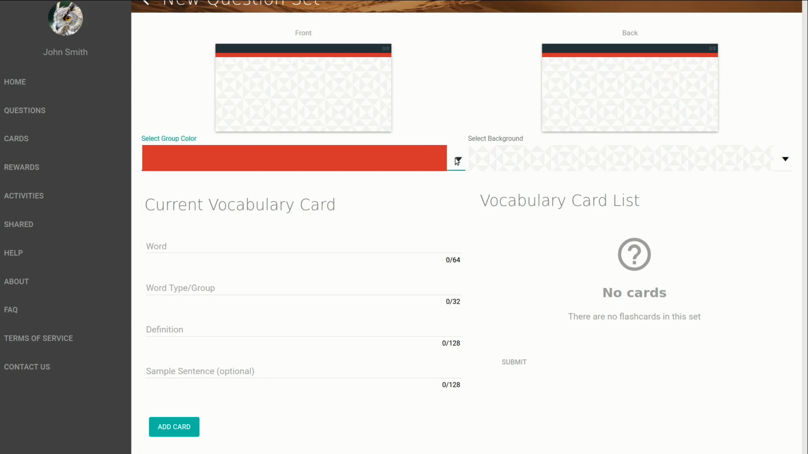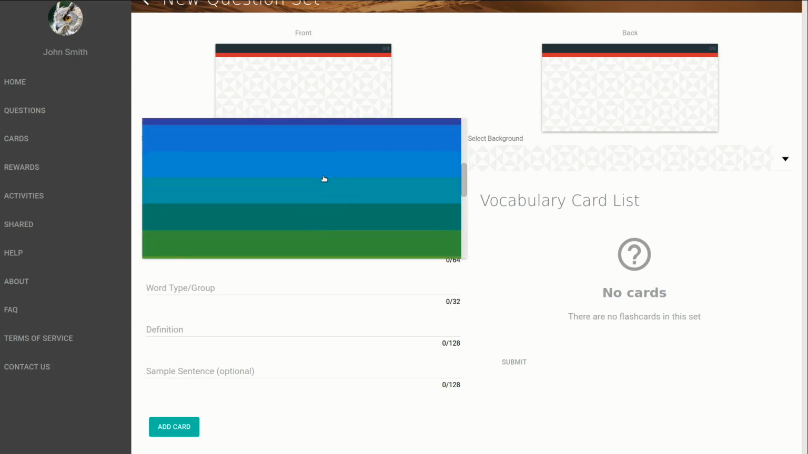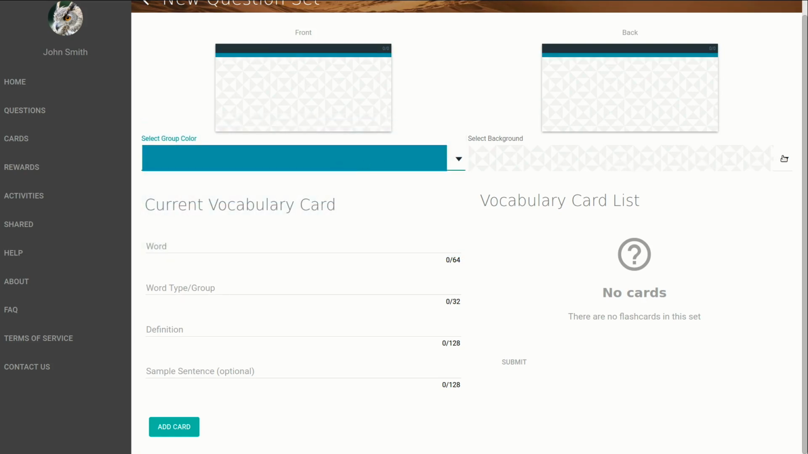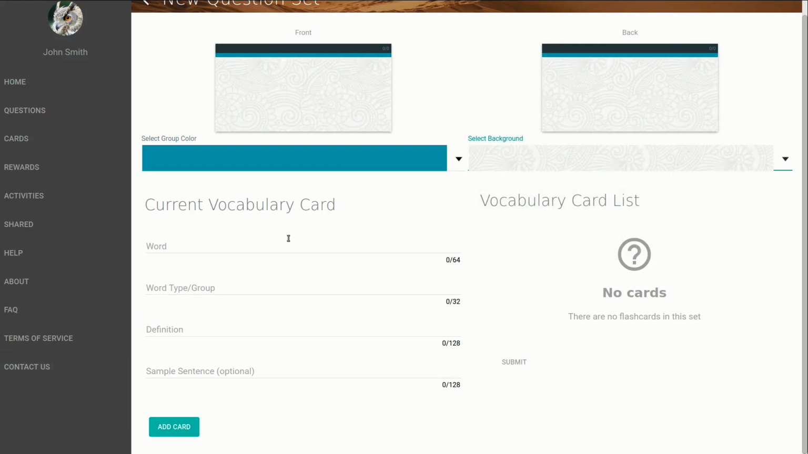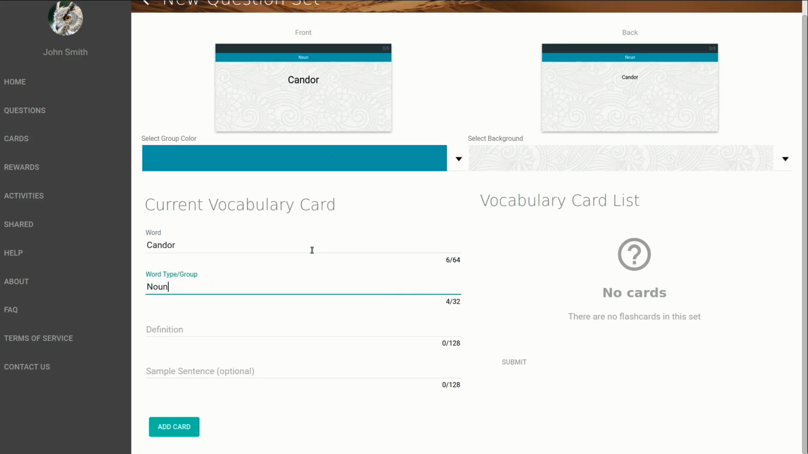So first of all, we can choose a couple of design choices. So we can choose the group color line and also the background style. Then we'll put in the words. So the first word we'll go with is candor, and next the word type or group is a noun. Then the definition of candor,